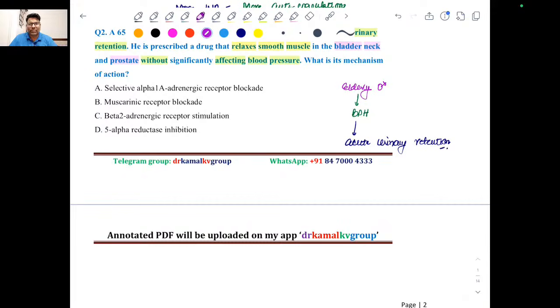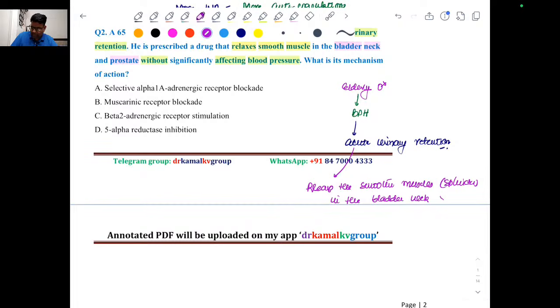So we have to give a drug that will relax the sphincter and allow the passage of urine. So we will give a drug which will relax the smooth muscles or the sphincter, right? You can write sphincter in the bladder neck